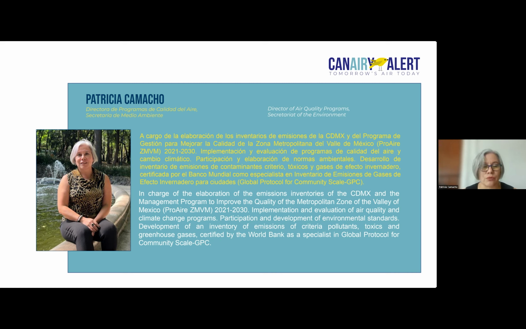As of 2006, we update inventories every 2 years, and of course it's a big challenge to get the data, to process the data, to analyze data, because we estimate both Mexico City plus the 59 municipalities of the neighboring states. So we must have a very strong and broad coordination with both the local authorities as well as the federal or state level authorities, because we do not develop and gather all of the data just by ourselves. We need to take it from other areas.